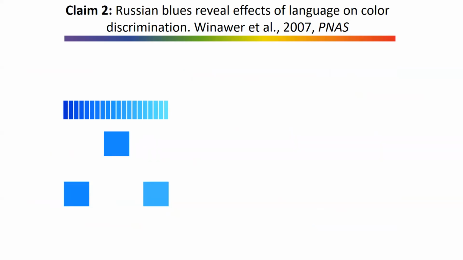Once they performed this reaction time task on all of these color pairs above, they were given each individual color sample and asked to categorize it. And English participants would simply say whether it's dark or light blue, while Russian participants would say whether it's sinij or goluboj. The first finding is that the boundary between sinij and goluboj coincides really well with the boundary between light and dark blue. But what about the reaction times?